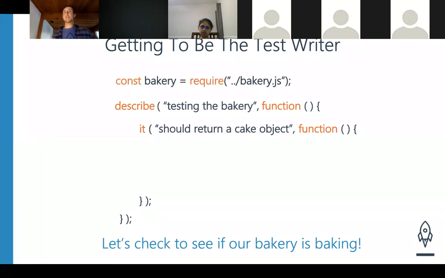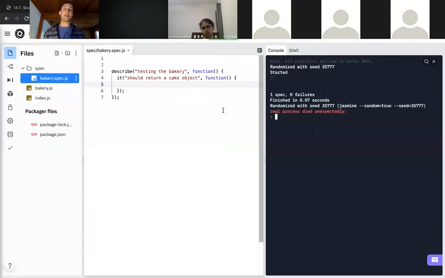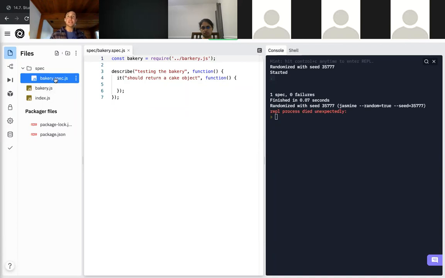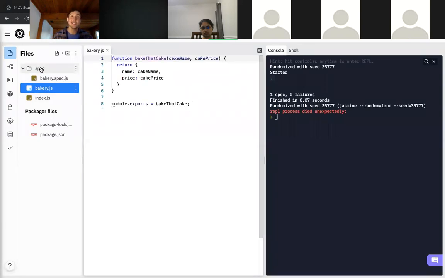First things first, as we saw before, we need to bring in the bakery. We need to bring in those functions. So we exported it and we can import into the spec files. We will always be importing into the spec files. Again, we won't be exporting. So up here is what I'm going to do. I'm going to write const bakery equals require, and then dot slash bakery. Again, we did a dot slash because bakery.spec.js is one file up from bakery.js, aka it's in the spec